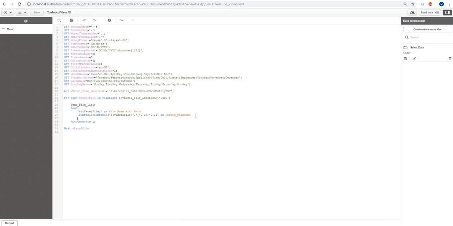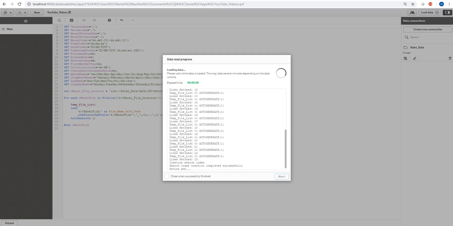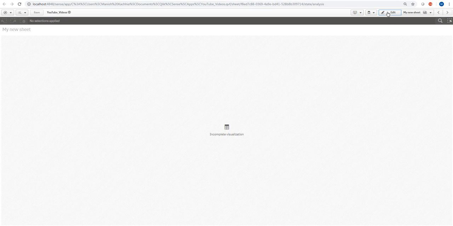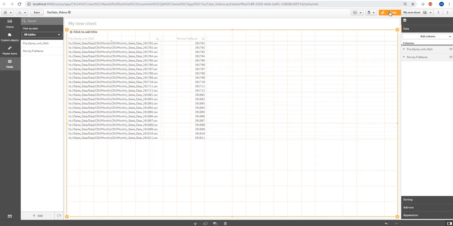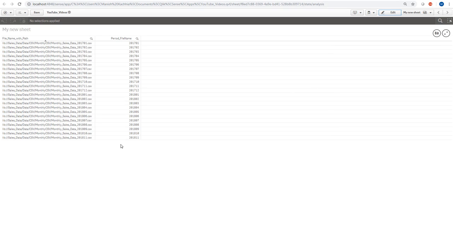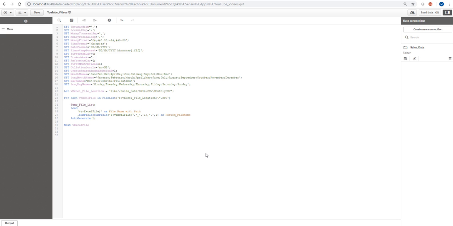So let me keep only the first one. I will again load and I will remove these two. So from the file name, we have now received YYYYMM. So now we will find out what is the maximum period here. So I will create another temp table and I will write load maximum period of file name as maximum period